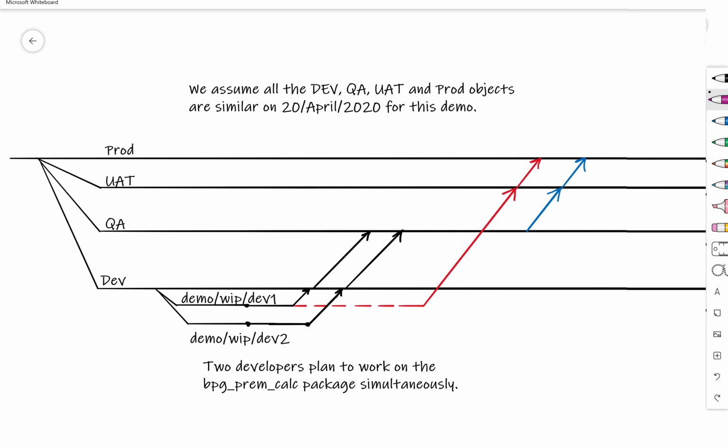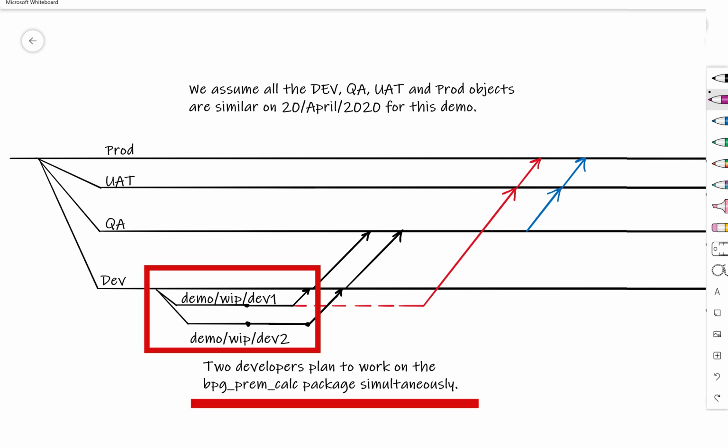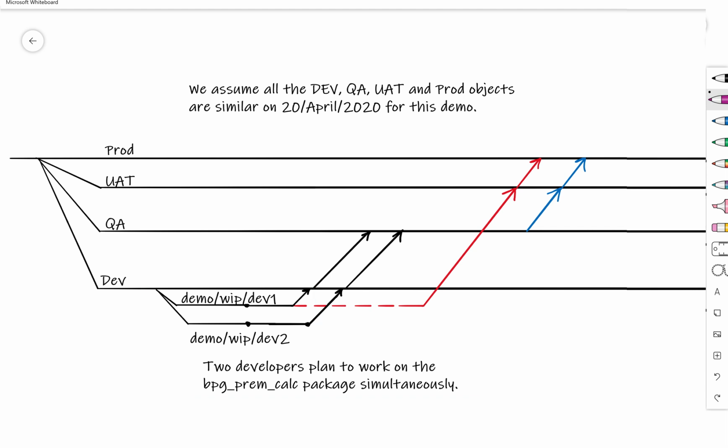In today's session, as you can see, we have 4 lines, and each line represents production, UAT, QA, and development, and 2 changes will happen during the session. The first change is related to developer 1 and the second change is related to developer 2. Both of them are working on one single object, ppg perm calc, and they will do their modification and submit their changes. First, developer 1 finishes changes and submits, and that change will go to the QA, and then developer 2